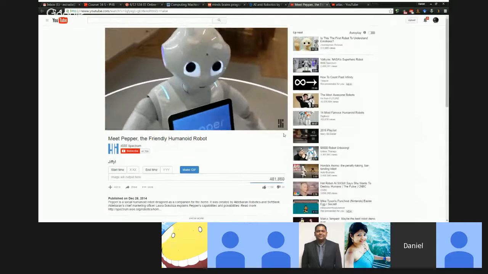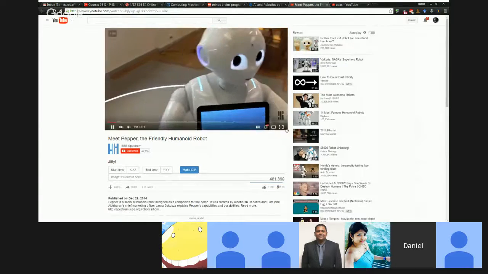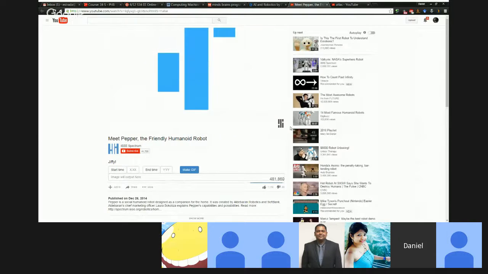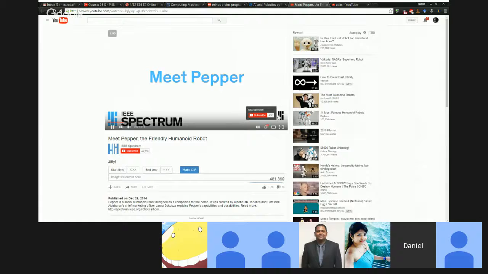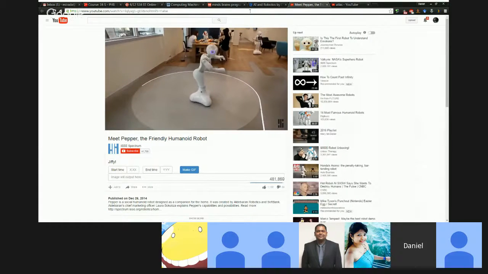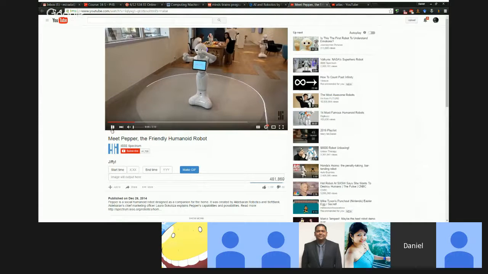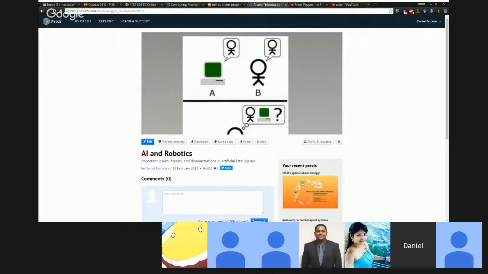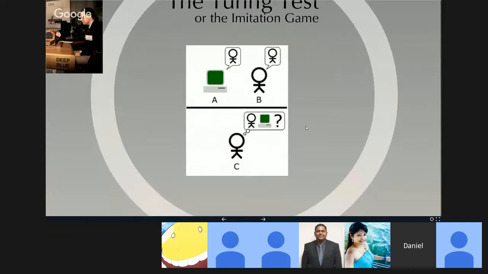Pepper behaves in ways that are emotive. In other words, it's not just giving logical outputs, but it's giving outputs that are supposed to be expressive of emotion in order to get people to interact with it better. The idea is that you'll be more likely to interact with something that's social as opposed to just purely robotic. Now the question you asked is, does that really count as emotions? Is Pepper really being emotional, or is this just acting like emotions? Yes, that's the question.